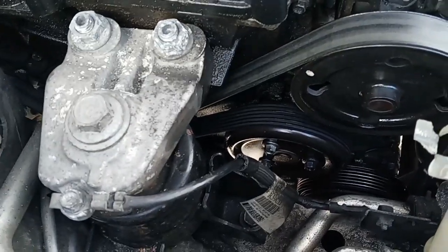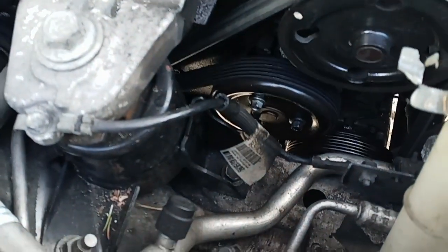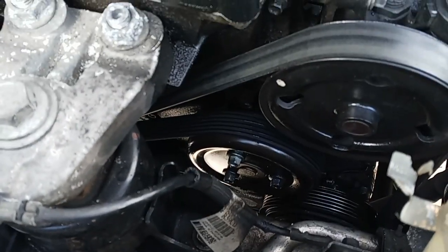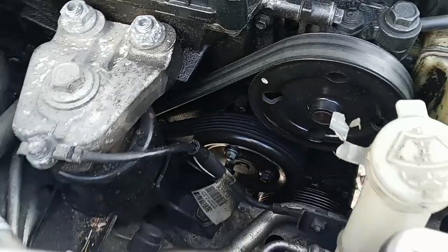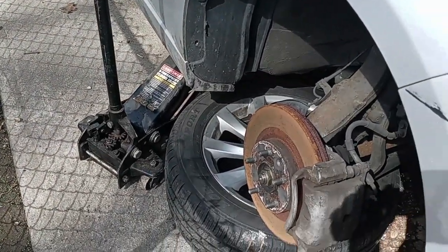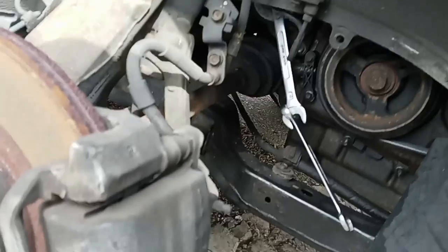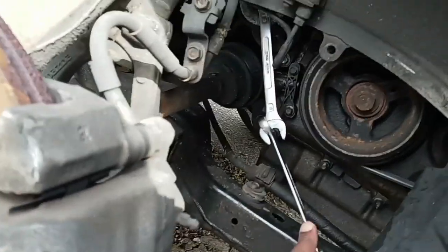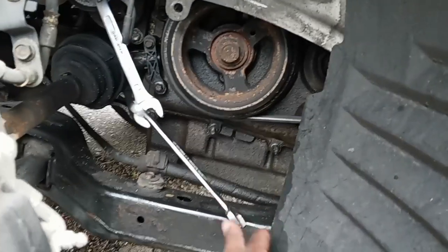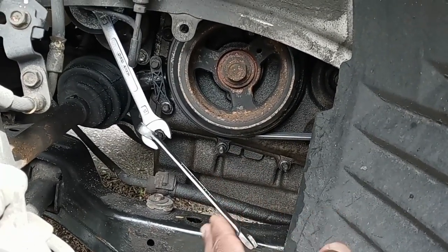But before I remove the pulley, the first thing you gotta do is jack up the car. You gotta take off the wheel. What we're gonna do right now, I'm gonna adjust the tensioner